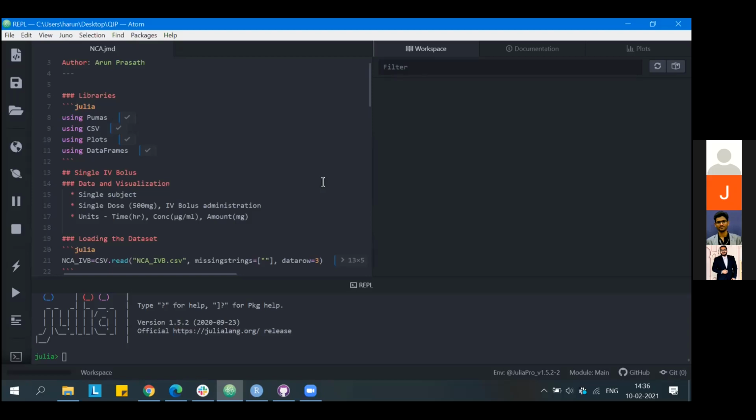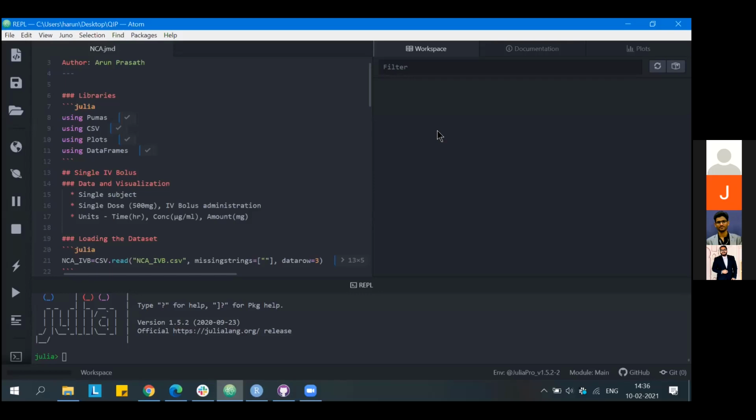To give just a brief introduction about how it works, the whole of this Pumas package is developed using the Julia programming language. So what you see here is the interface of Julia, and we have a specific package within the Julia interface, that is Pumas, through which we'll be performing the analysis.